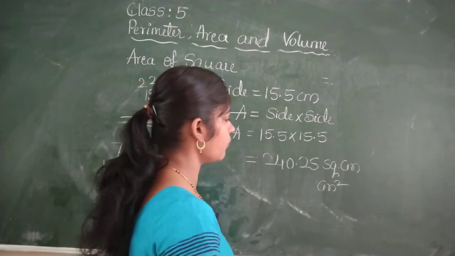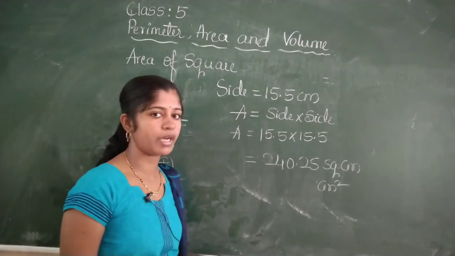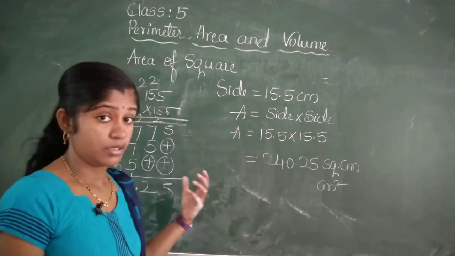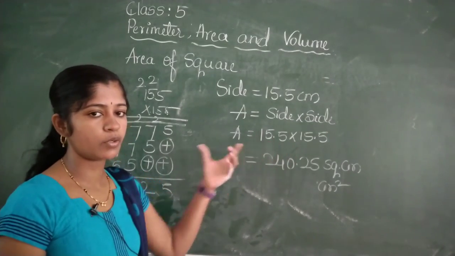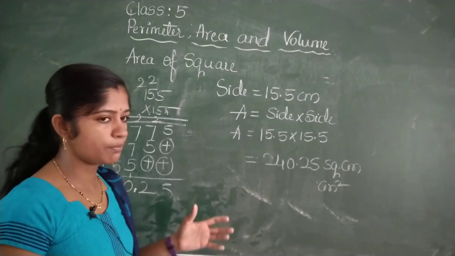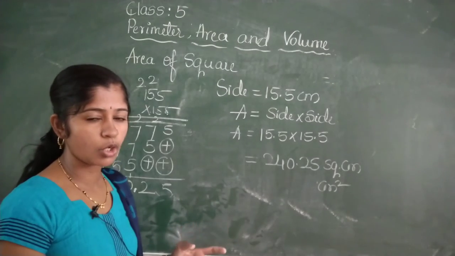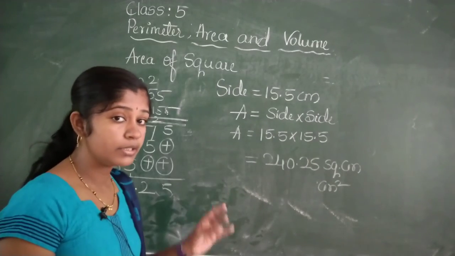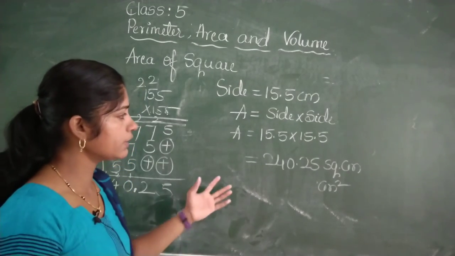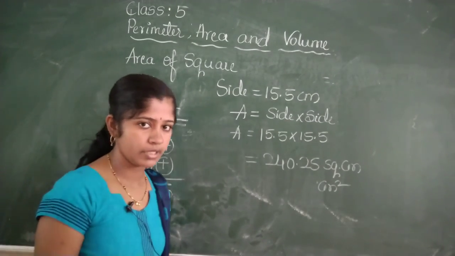See here, this is the way to find the area of a rectangle and square. Okay, here the simple calculation is there. This calculation is very important, so keep practicing tables and work on the 4 operations: addition, subtraction, multiplication and division. Okay, if you know that, then you can solve these examples very easily.